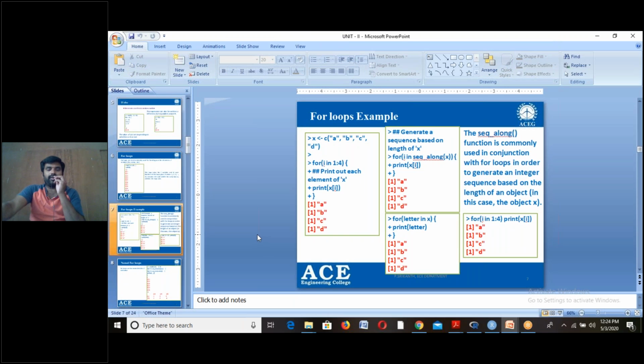So with this we can conclude the second chapter. In the second chapter we have seen control statements like if else, while, and for loops, with all the examples, and how to find the date and the time using the R language, and also how to check the scope and what the scope rules are. So these are the things we have discussed in the second chapter. So with this we can conclude the second chapter.